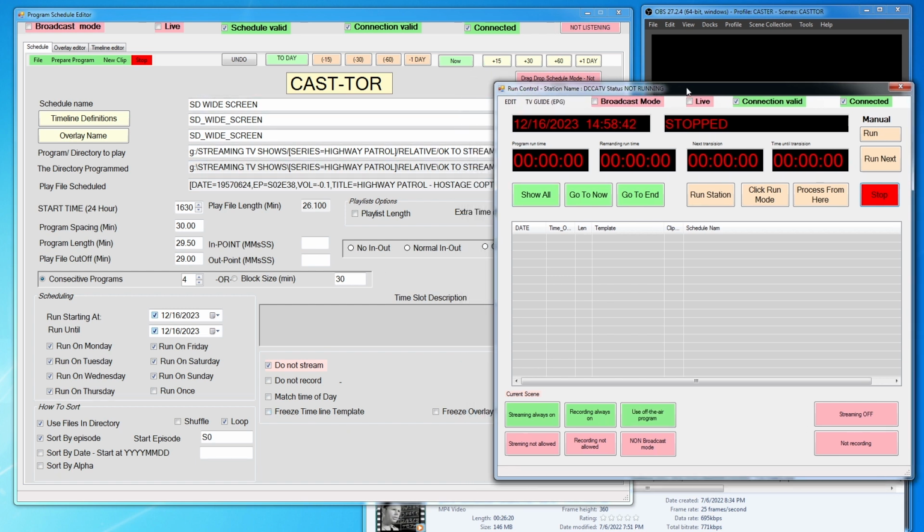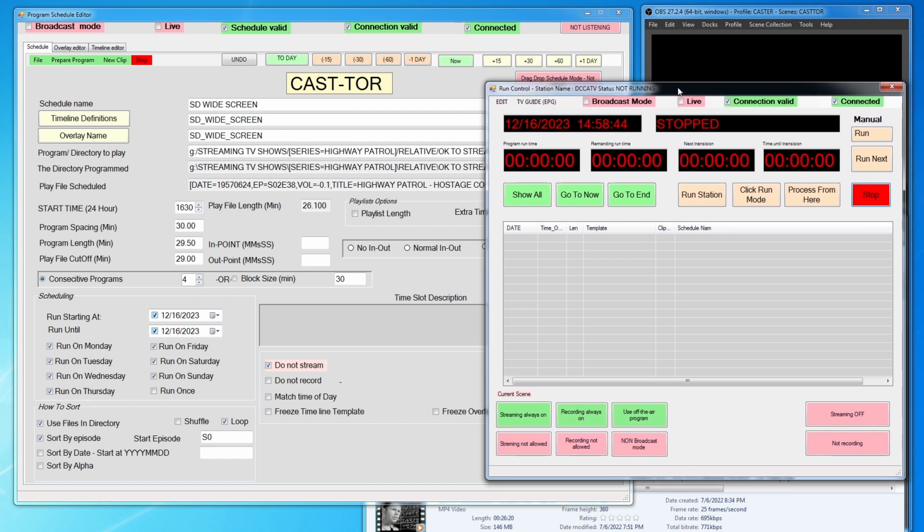So first thing you actually do is, okay, we have SD wide screen, and now we don't want to use the name SD wide screen, so we've loaded the generic guy. We've loaded in the folder that has all the videos that we want to do. We've come down here and